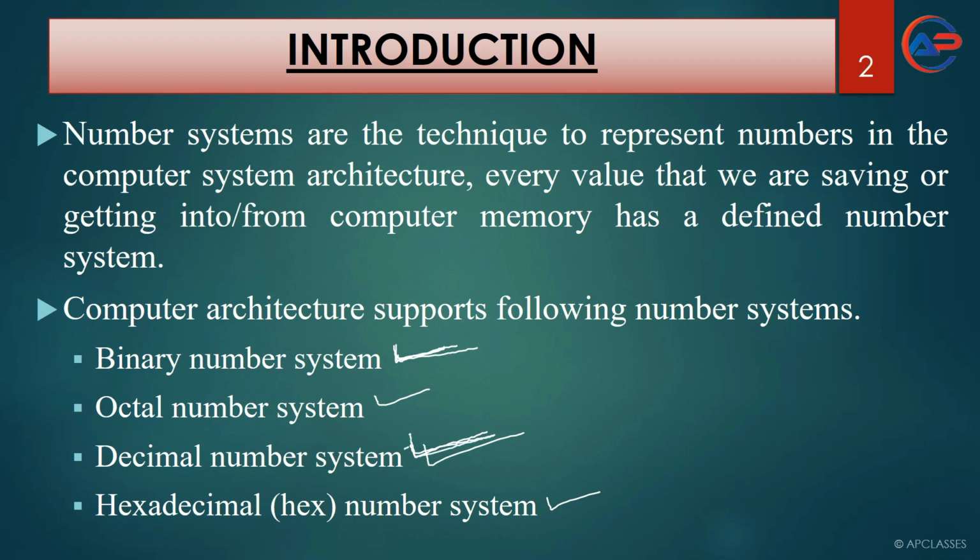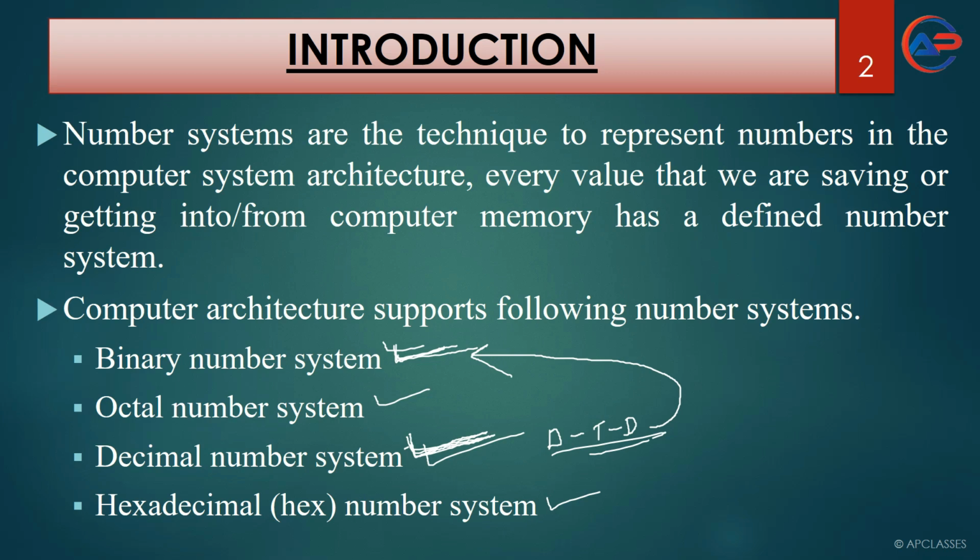So every time you write anything in the decimal number system, it will get converted. In our day-to-day life we use the decimal number system because it is quite easy for us to understand. But when we write it in a computer, it gets converted to the binary number system. So the binary number system is needed, and we need to understand it.